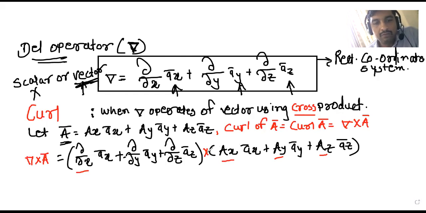And you have to recall the definition of curl. You have to recall the definition of cross product, the second definition of cross product, in determinant form: first row a bar x, a bar y, a bar z; second row ax, ay, az; third row bx, by, bz. So if you compare that using the definition of cross product, I can write here del cross a bar is equal to,